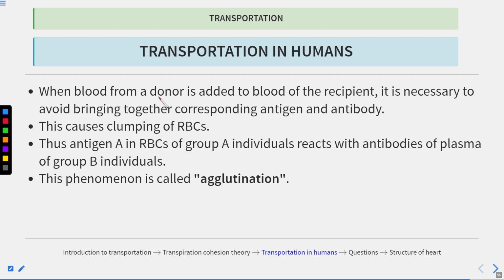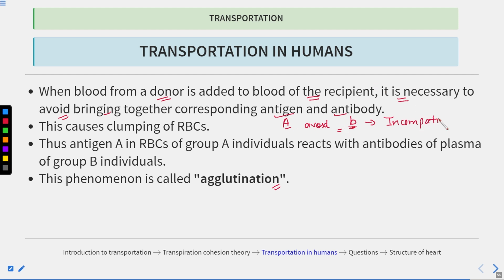Now, when blood from the donor is added to the blood of the recipient, it is necessary to avoid bringing together the corresponding antigen and antibody. Okay, so if the antigen is A, its antibody will be B. All right, so we have to avoid this. Otherwise, there will be incompatibility or mismatch. This is also known as agglutination. So these two can combine together and this will lead to